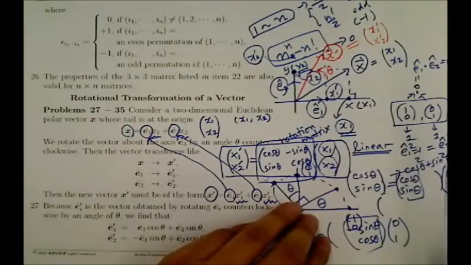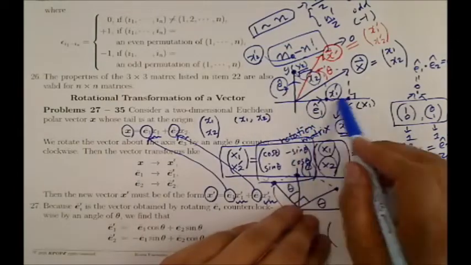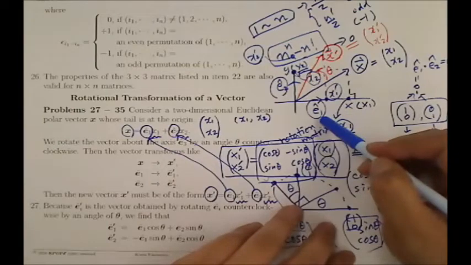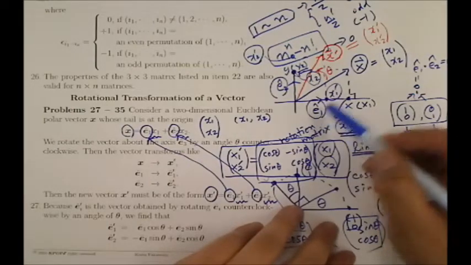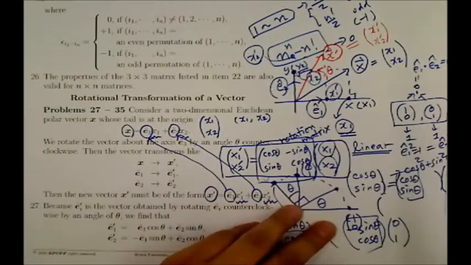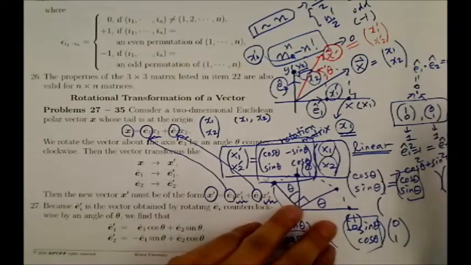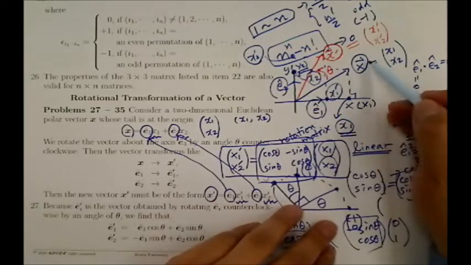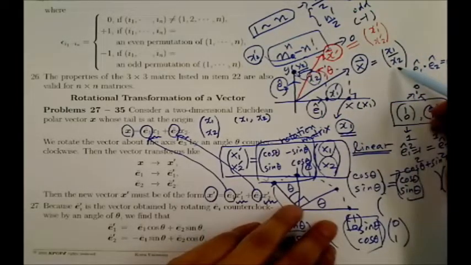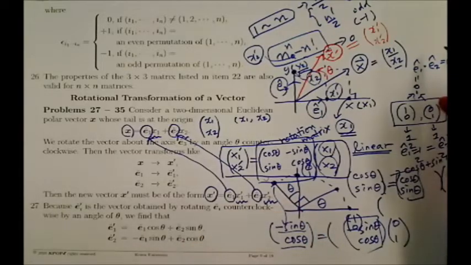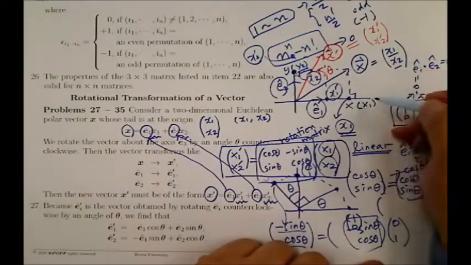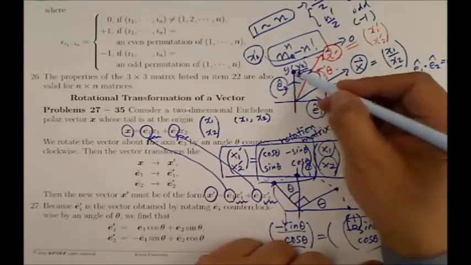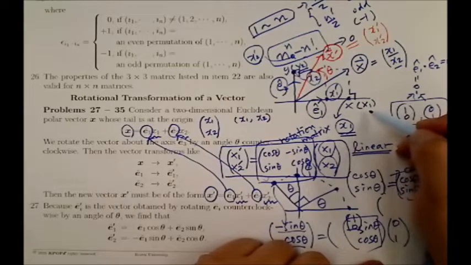Here we have an example. We have the x-axis, y-axis, and E1 hat is the unit vector along the x-axis, and E2 hat is the unit vector along the y-axis. This is the vector x, whose x component is x1, y component is x2. The component is the projection onto the x-axis and projection onto the y-axis. These components are also called the